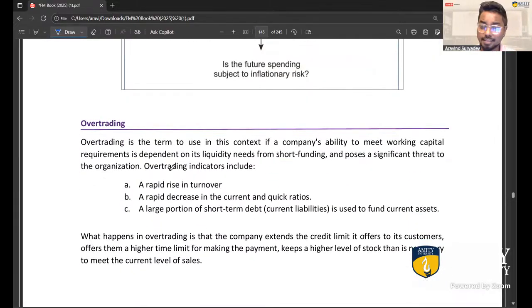Now, overtrading is the term to use in this context, if a company's ability to meet working capital requirements,